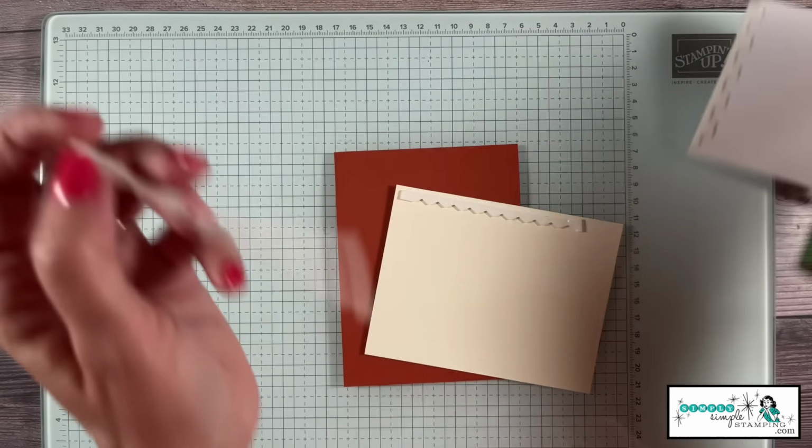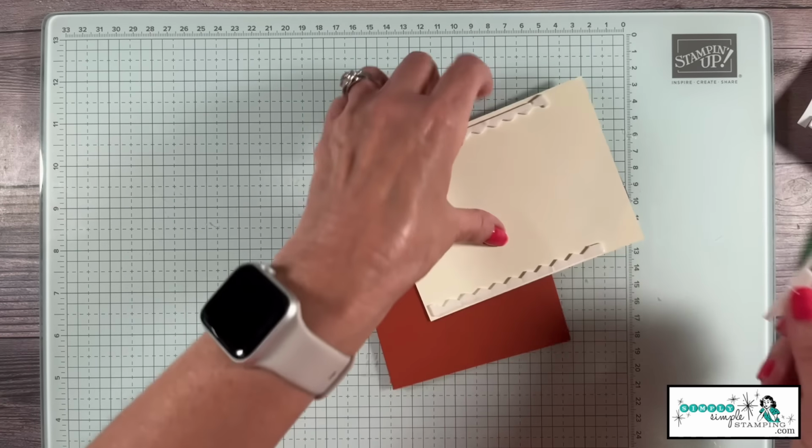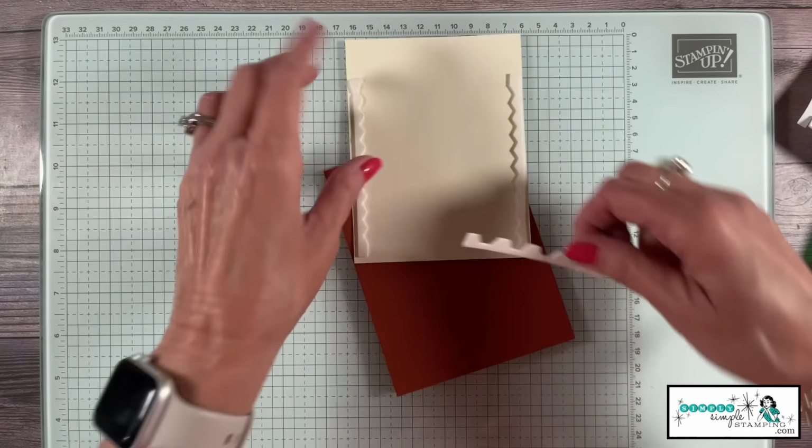You notice the jaggedy edges. I want those to the inside because I want the little edge there on the outside to look nice. I'm going to take another one of my short pieces and it will fit right there. And my remaining short piece, and you notice we did have to stretch this because this is quite a bit smaller, right? So what I'm going to do, I'm going to go ahead and add this one all the way